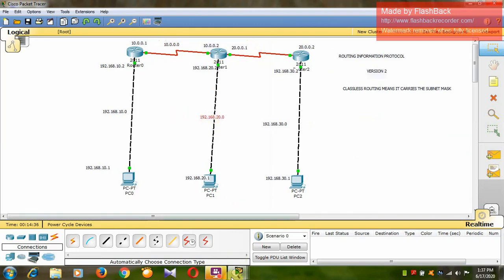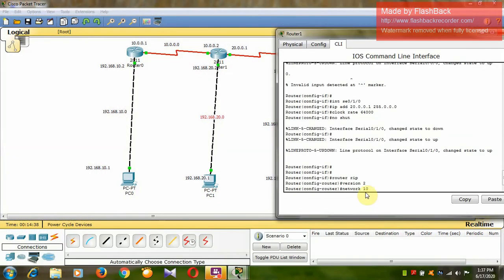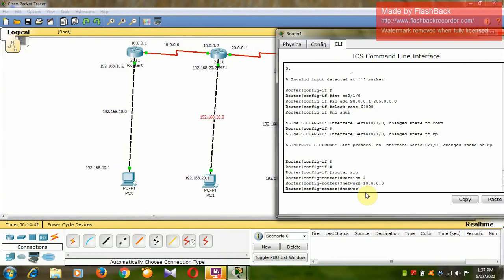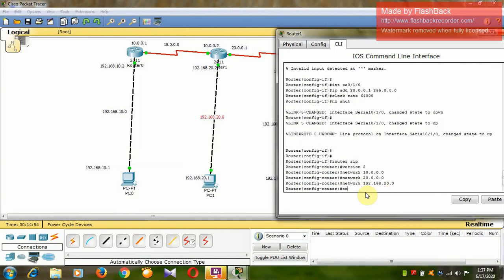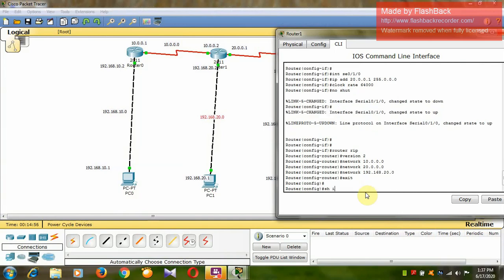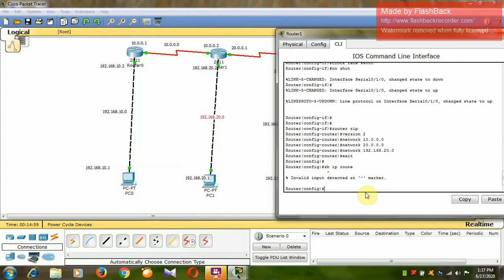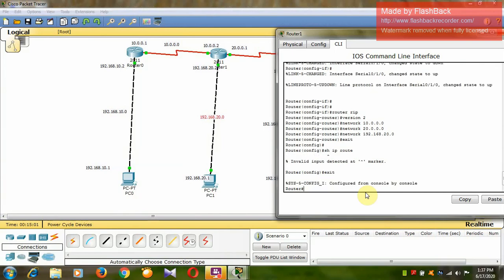For that purpose you have to write network 10.0.0.0, network 20.0.0.0, again network 192.168.20.0. Okay, now exit.